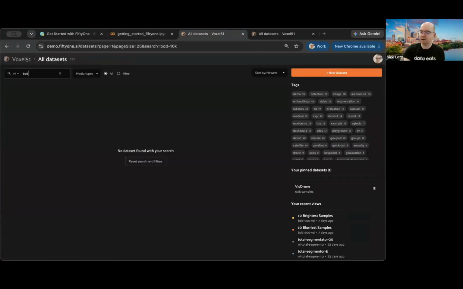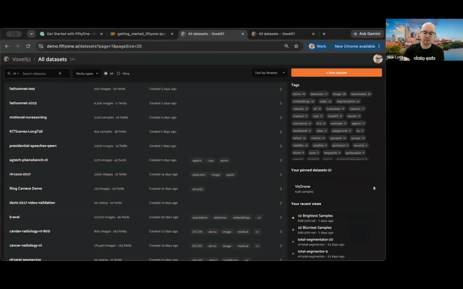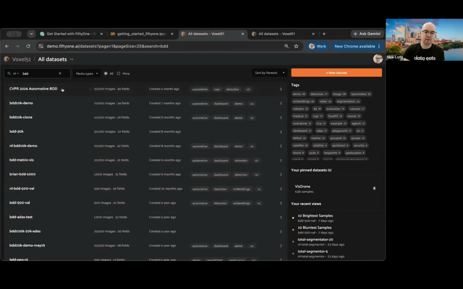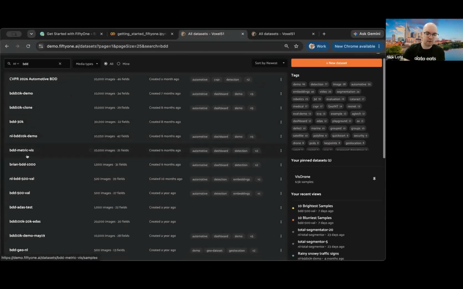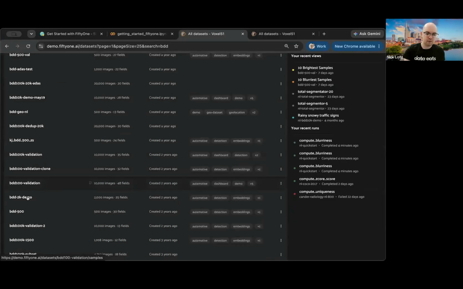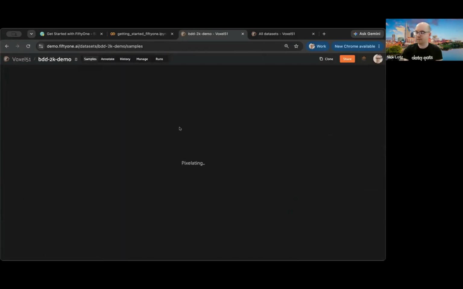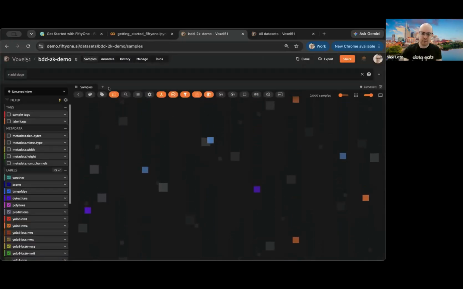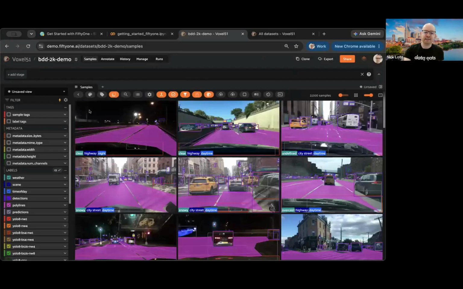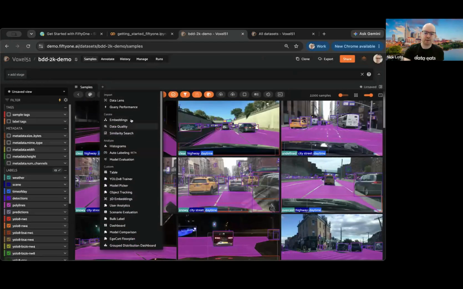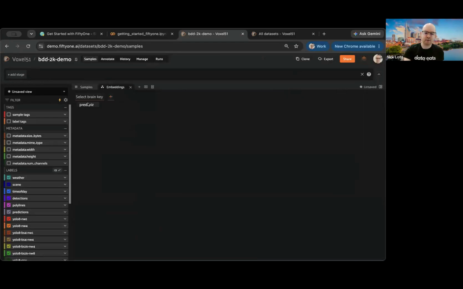I'll just say BDD. We have several subsets of the Berkeley Deep Drive, but the embedding space is much more interesting in this one. Let's do BDD 2K. That should be interesting. So this is all like drive scene data. And then if I open up the embeddings computed here,